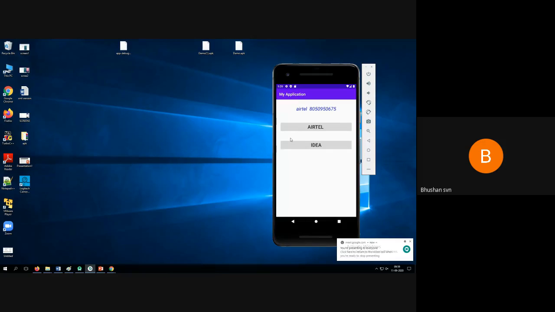I have made a run of the program, and this is how it looks. Whatever typical operations you do on your mobile, all these things can be done using this. So this is the first application, the first program.